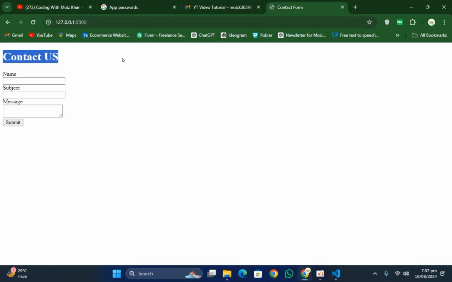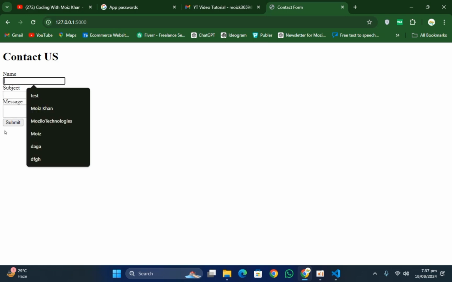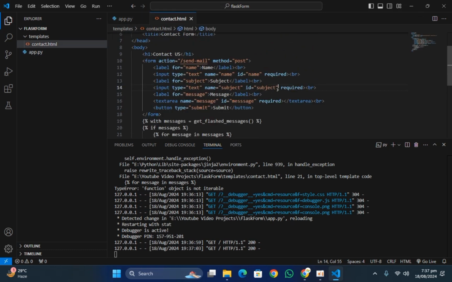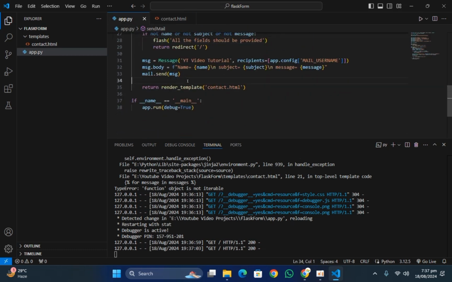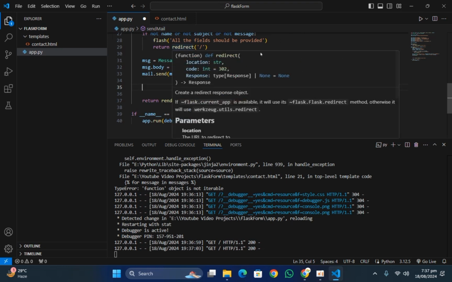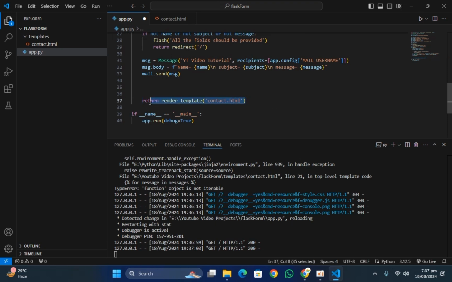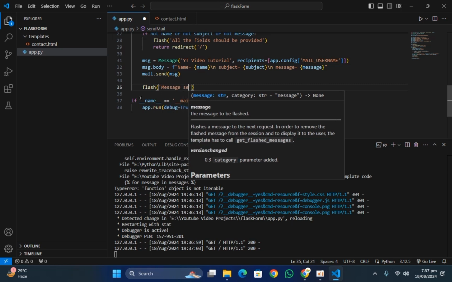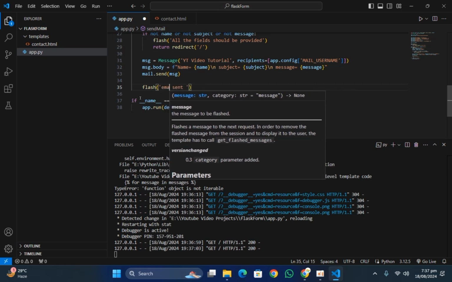Okay, so now as you can see we got this thing. If we just click on submit, as of now this is also required, so fill out all the fields. But if you did not use the required tag here, you can display this up here. After this is done, you have sent the message to the email or the Gmail. You can just flash the message sent successfully and then redirect to your template. Let me show you all. You can just remove this, and type flash. Once the message is sent, you write flash, and you can type the message you want to display. So message sent, or we can type email sent